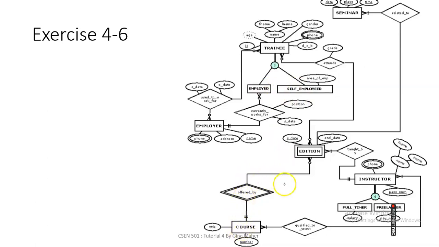Course, and it has a weak entity, which is edition. Instructor, which could be either full-timer or freelancer. And last but not least, seminar, and the relationships between the entities. Okay? Let's start with the simple entities. We have here the course. Okay, the course has a number and title, so we have course